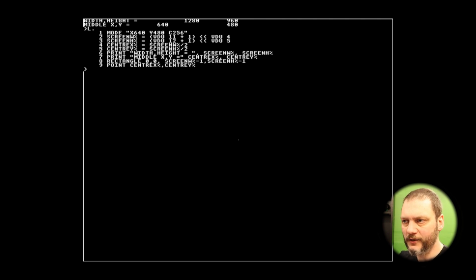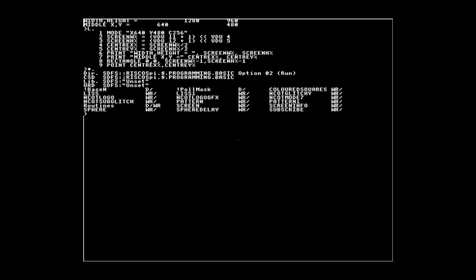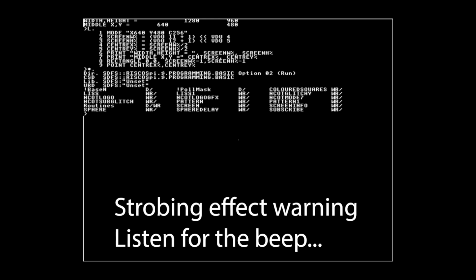So if the text on this and the graphics look a little bit fuzzy, that's just how it looks to me as well. It's just what happens when you try to mash a screen down into a different shaped set of pixels. But then I kind of figured out all of this graphical stuff and I managed to make that pattern work. And there we go, got a nice flashing little pattern thing.